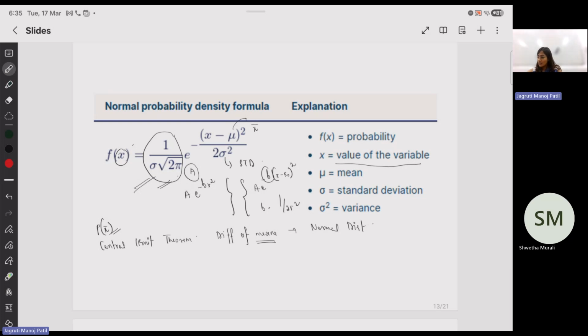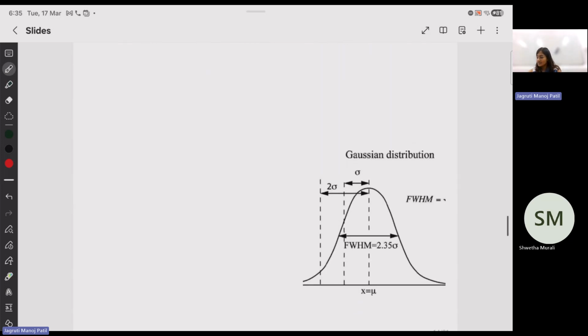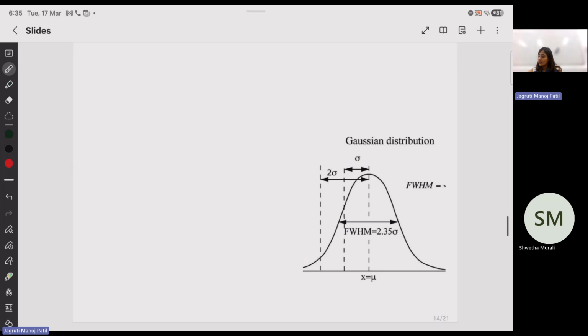After that, you have something called the full width half maxima. This is the value they have written, and it is from another distribution, but I just wanted to show you what it represents. The width of your data that you're looking at is called sigma. If you double it, it is 2 sigma. Here they are writing 2 sigma, but just flip this one to here, similar to how it was. So this would be sigma, that's the width of the curve.